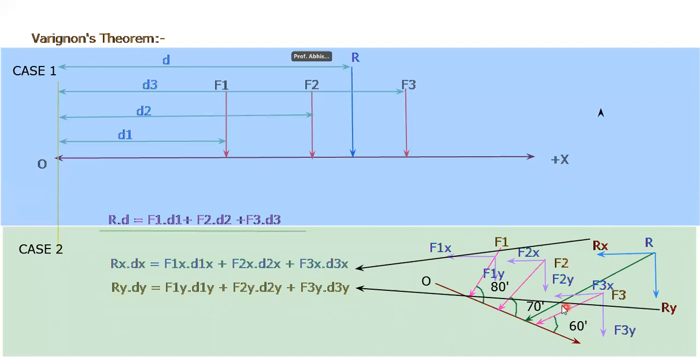And also you have to apply the sign. Yesterday we discussed the ASTC rule, that is the all sine tan cos rule. Now this is going in the second quadrant, meaning it is negative x-axis and negative y-axis for all the forces. So therefore its sign will be negative. Though we have written a plus sign here, after writing the values it will become negative. So F3x will be F3 cos of theta, F3y will be F3 sin of theta, and theta is 60 degrees here. Okay, so in this way you can solve the numericals based on Varignon's theorem. Varignon's theorem is an important concept for the unit number